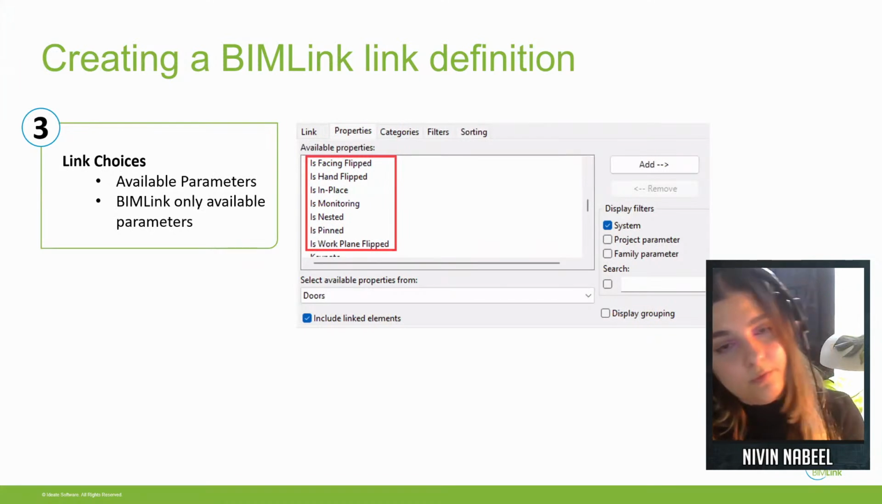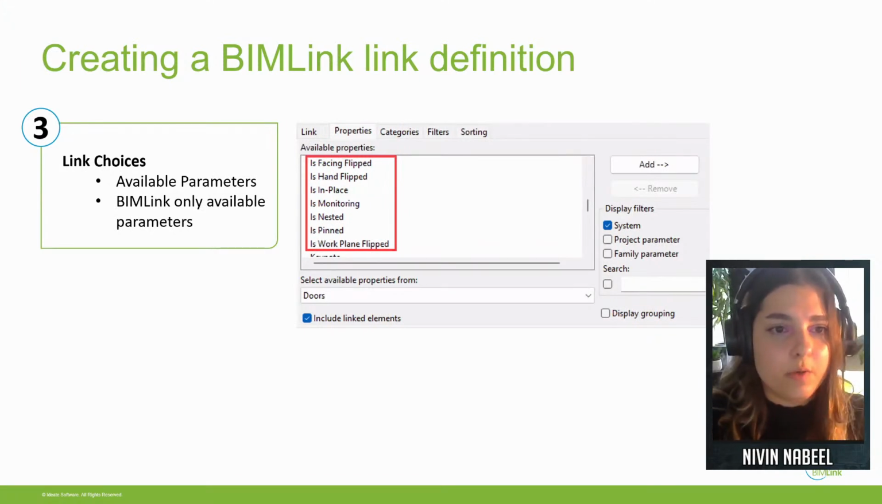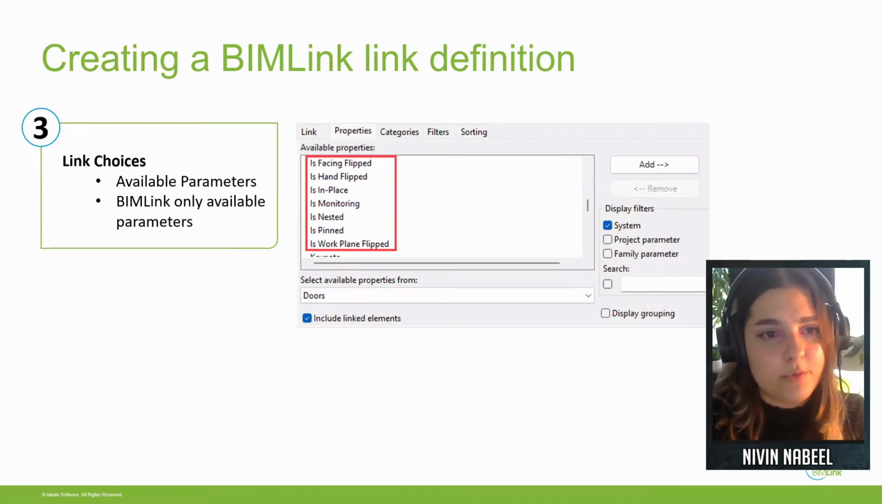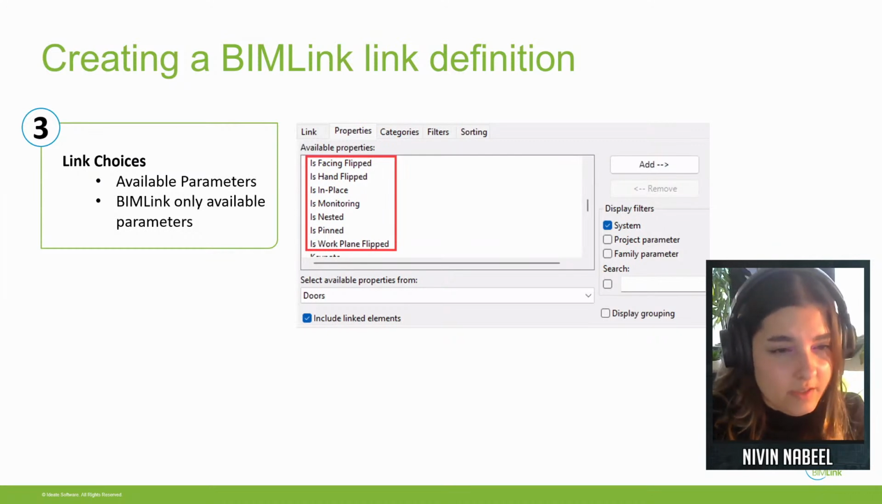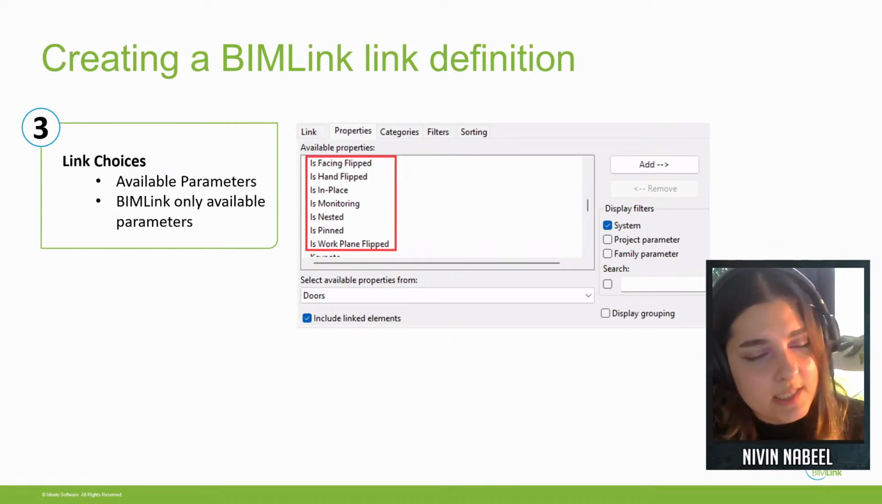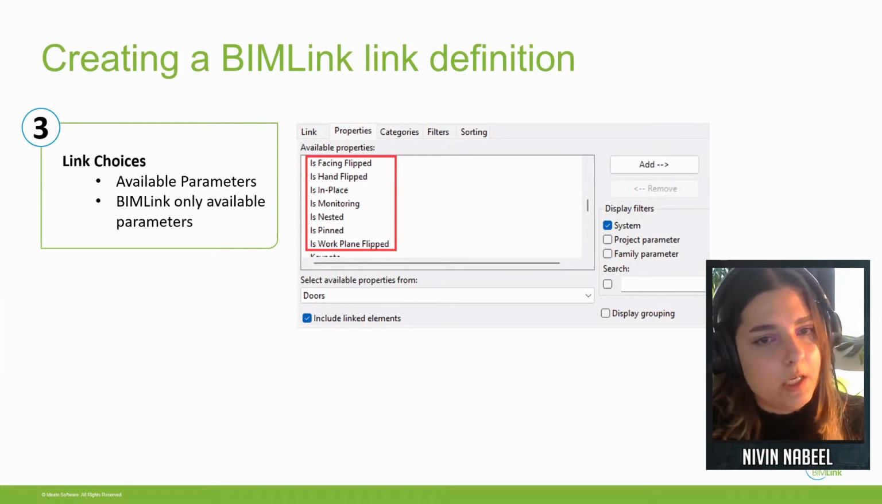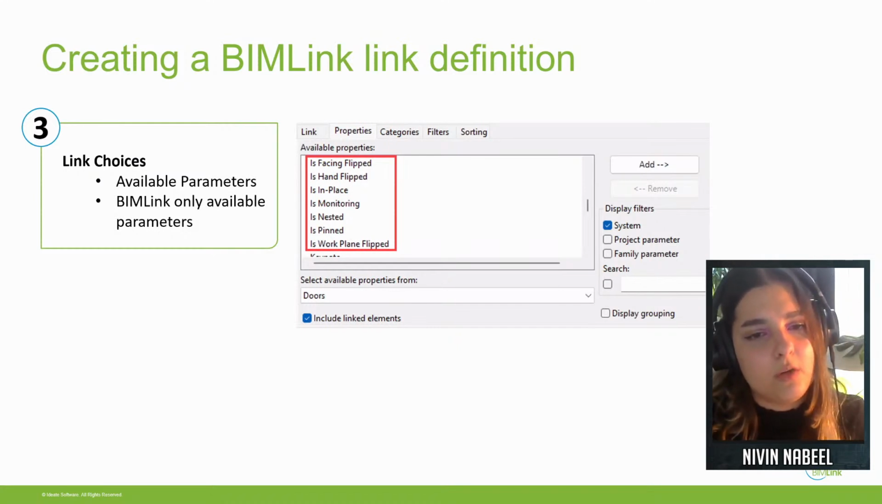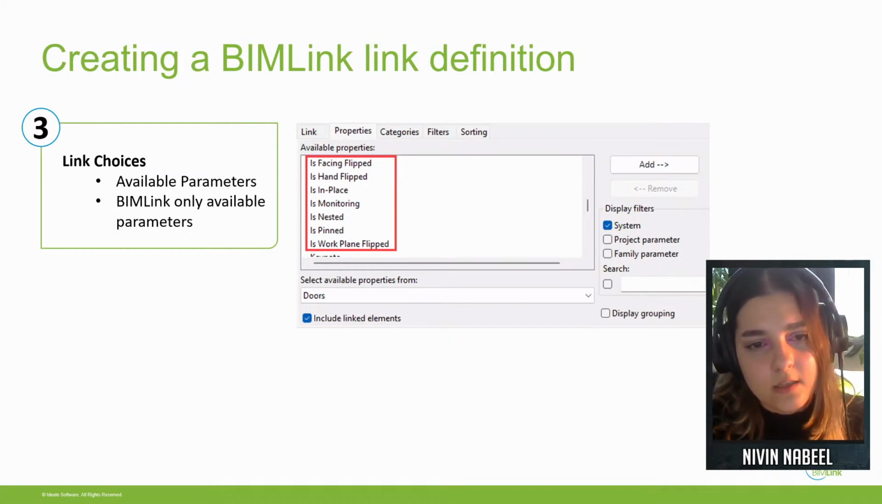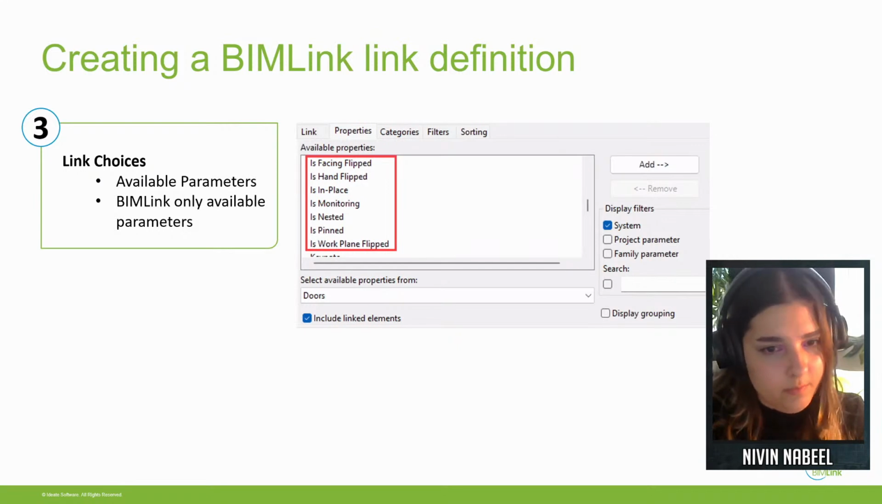Just like a Revit schedule, when you create it, you have options for the parameters that you want to add. So there are available parameters in your project, and also BIMLink-only available parameters, which are available in Revit, but just not easily exposed to the users. Like something is facing flipped or hand flipped, in-place monitoring, is nested, pinned, or work plane flipped. You're able to